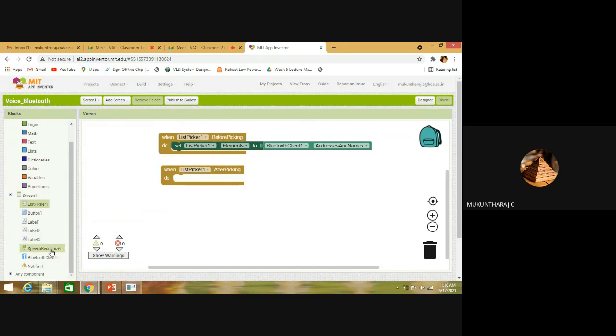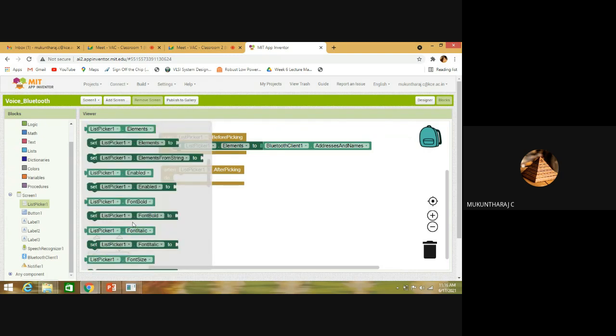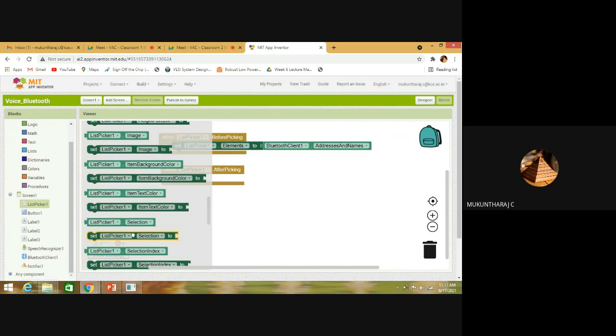Then after the user has picked the respective Bluetooth device, what should it do? It should connect, correct? So again, I need to go to list picker. Instead of elements, I have to use selection, correct?